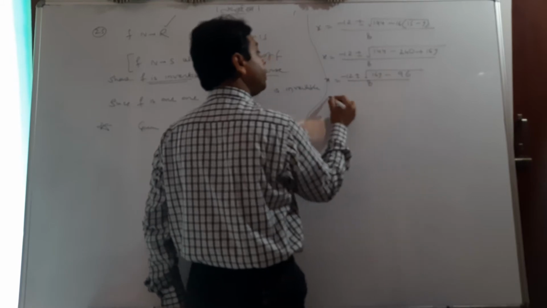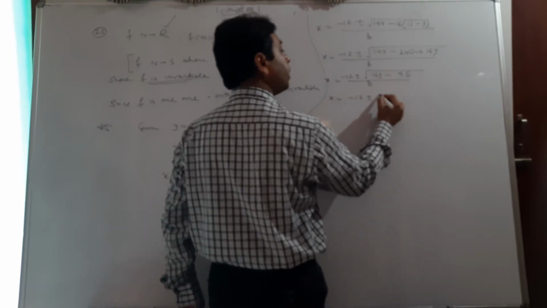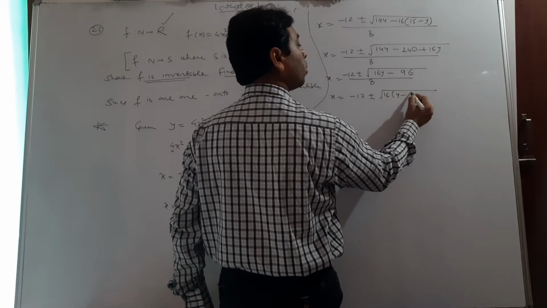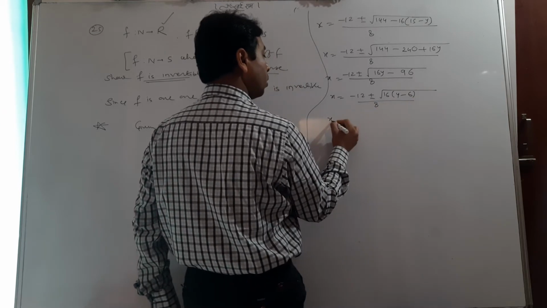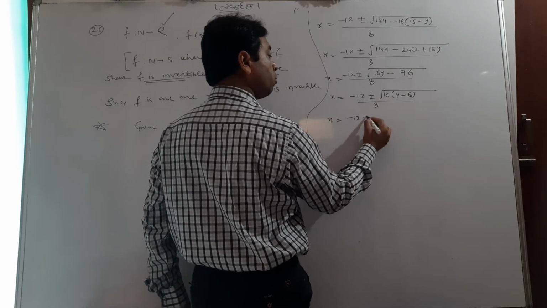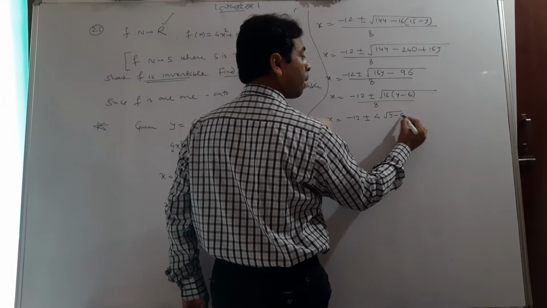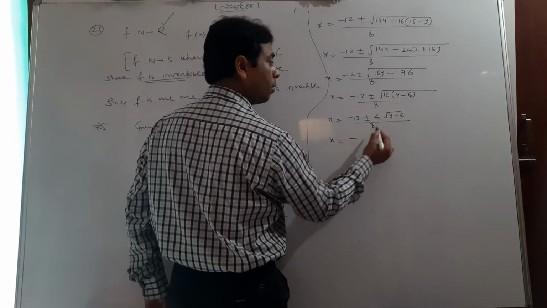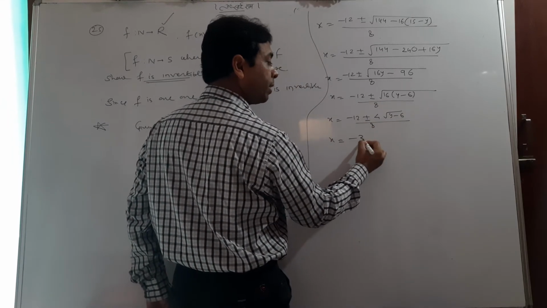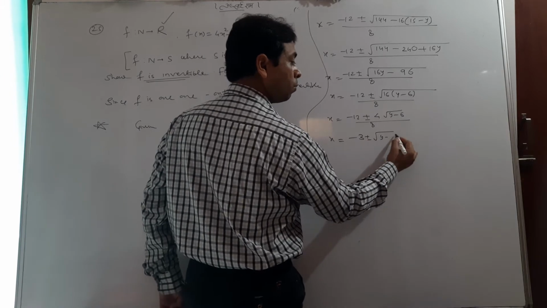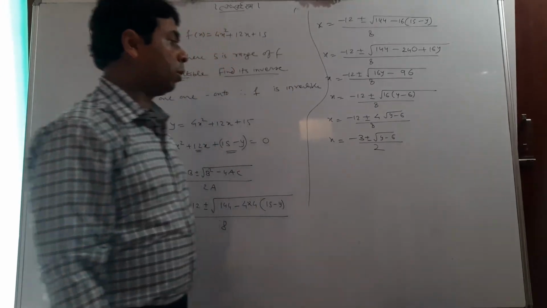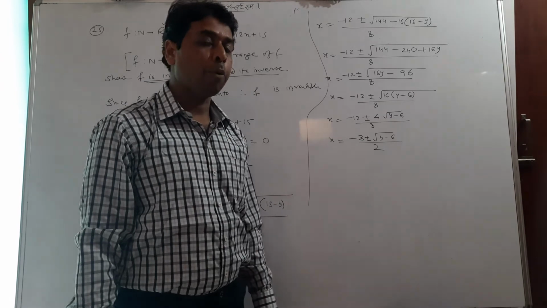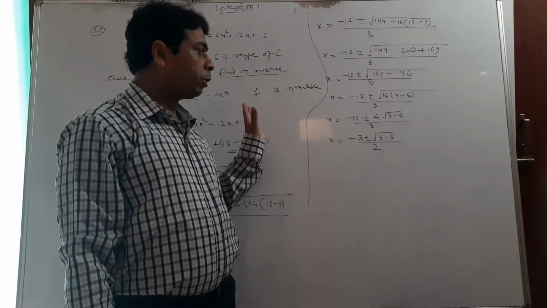Upon 8. 12 plus minus, take out 16 common. Take out 16 from the under root side, it is 4. And after simplifying, after taking out 4 common, you can cancel. 4 threes are 12, 4 twos are 8. So I would say again, and very important, the function is already one-one and onto.